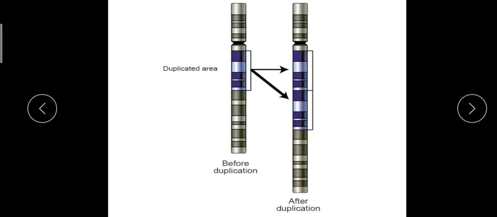Here in this figure, it illustrates what duplication is. This is a region, this segment of a chromosome, and it gets duplicated. After duplication, how it occurs is represented here. This segment is doubled here, right? You can see two copies here. So this is the duplicated chromosome. The duplicated area is this one. This was the original one and it was duplicated to form one more extra copy here. So this is how a chromosome looks after duplication.